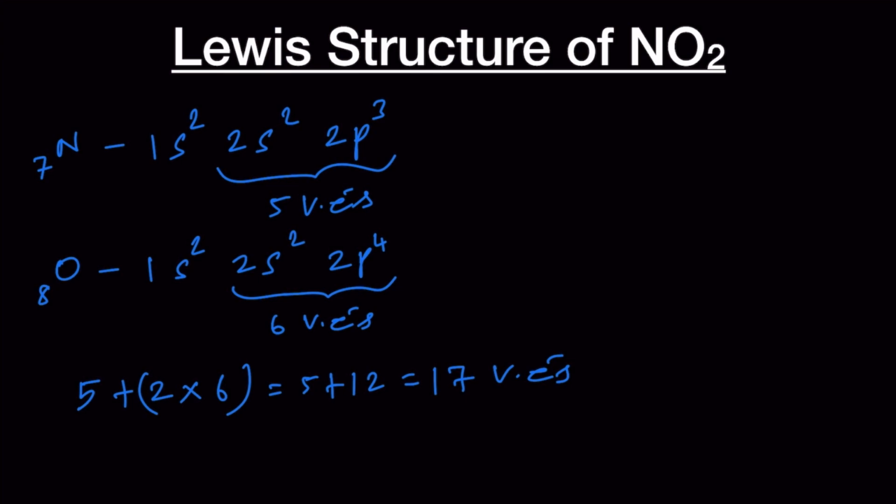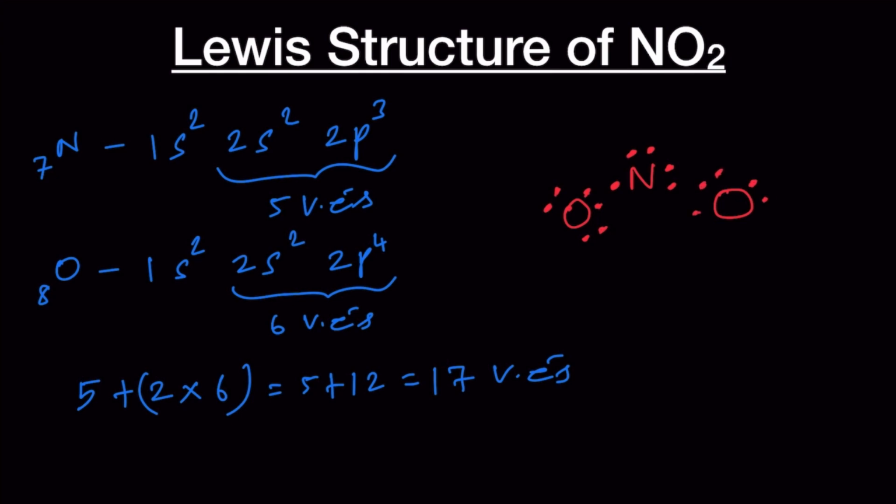Therefore 5 plus 12 and that is equal to 17 valence electrons we have in NO2. Let's put the valence electrons around nitrogen and oxygen. Nitrogen is less electronegative compared to oxygen. Therefore, let's place the nitrogen atom at the center and then place the 5 valence electrons 1, 2, 3, 4, 5. And then we have 6 valence electrons for oxygen 1, 2, 3, 4, 5, 6 and then for the other oxygen also 1, 2,